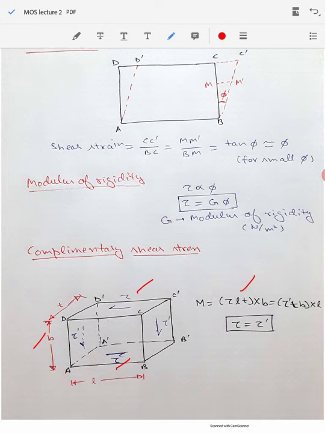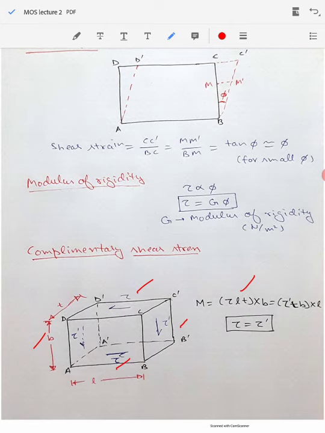You see, this moment is trying to rotate this element in an anti-clockwise fashion, while we find that actually this component is not rotating there in the machine part. So there is a counterbalancing moment that is acting here, which is trying to balance it. In order to produce the counterbalancing moment, we should have additional stresses acting on the perpendicular plane, whose magnitude will be given by tau dash. If we calculate the amount of force that this stress will produce, it will be tau dash multiplied by the area on which it is acting.